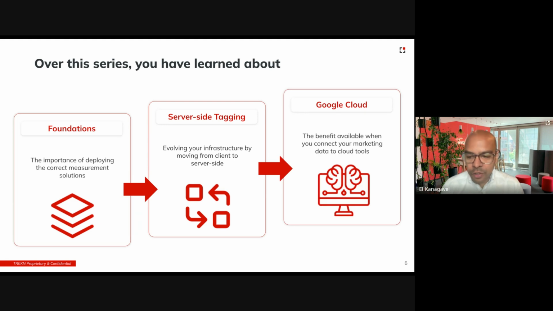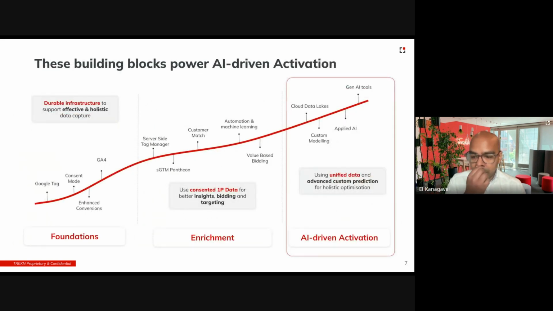And then in our last episode, just a couple of weeks ago, we showed you how Google Cloud connected into that measurement stack introduces some really advanced capabilities, how to build models and other features of Google Cloud that we'll come back to today in terms of how that then connects into more marketing channels. So today we're going to complete our journey. We're going to talk about how we move from embedded to applied to generative AI. And hopefully we're going to leave you with some key takeaways and next steps so that you can get your AI-powered marketing roadmap started at your organization.